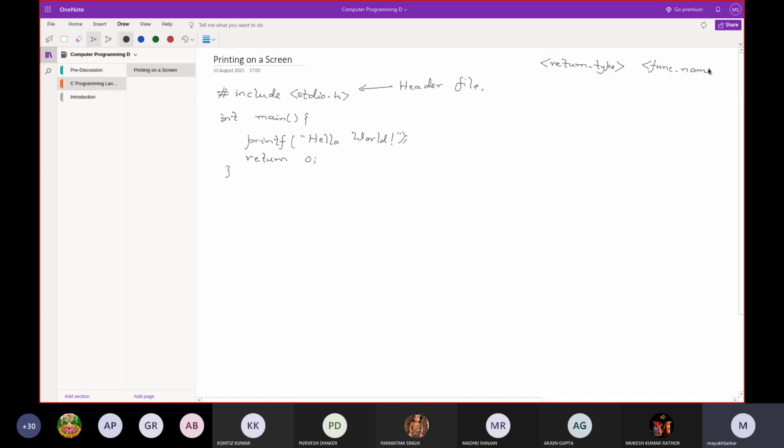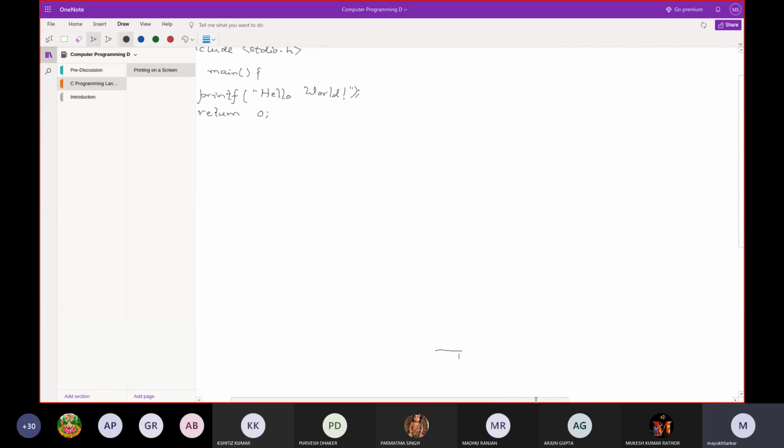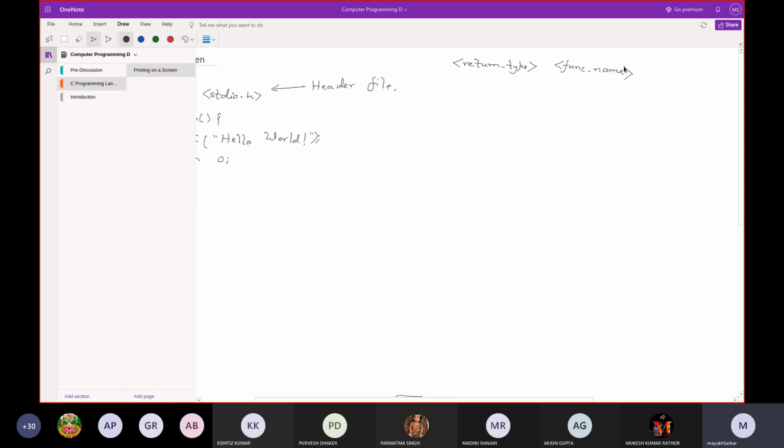right? These are the placeholders. I am putting the placeholders on both sides. That means you will put the corresponding identifiers at their places, and then within the brackets you pass the parameter list.